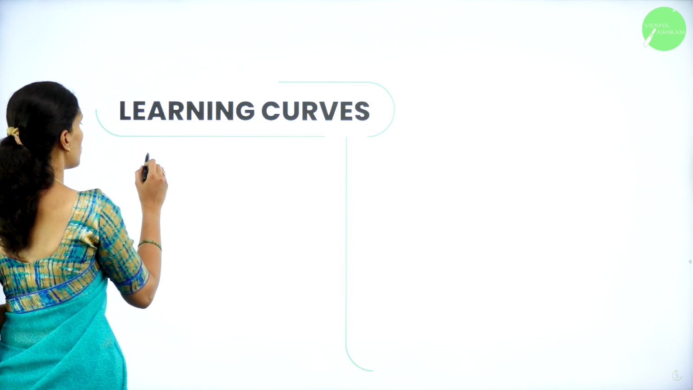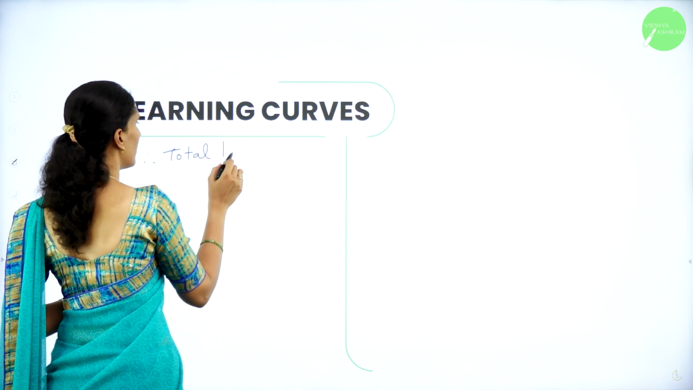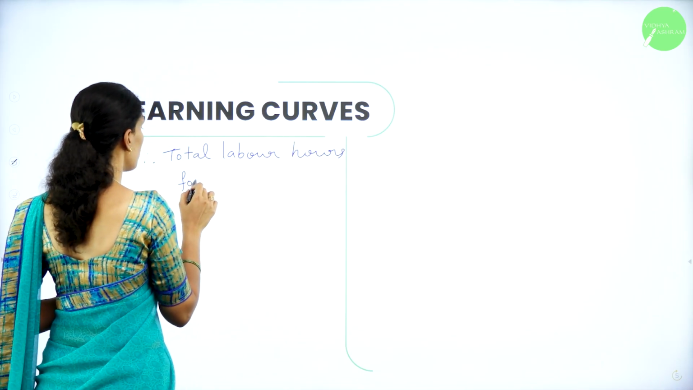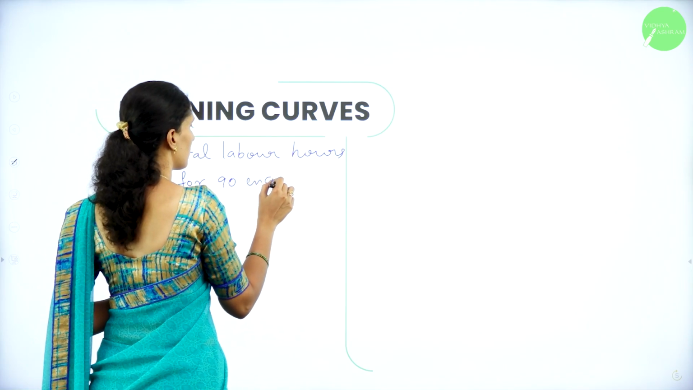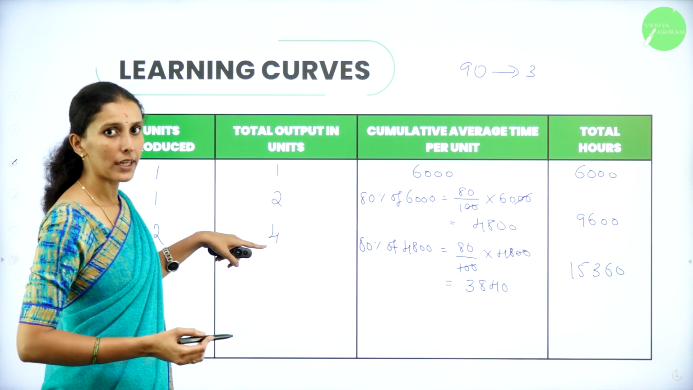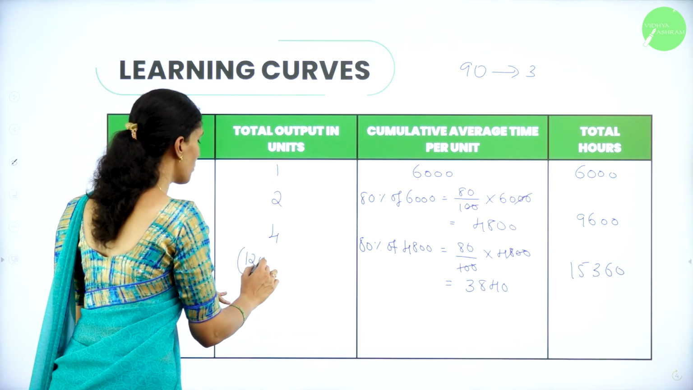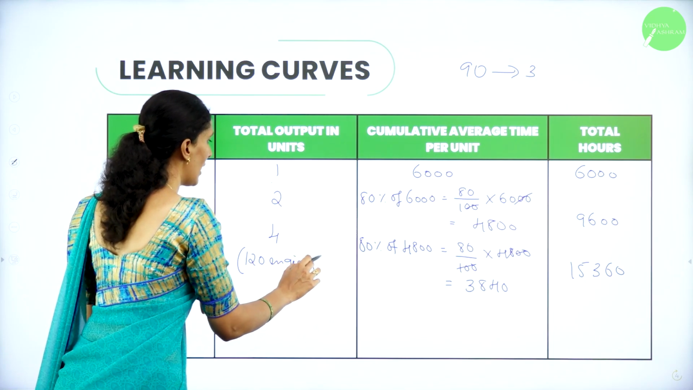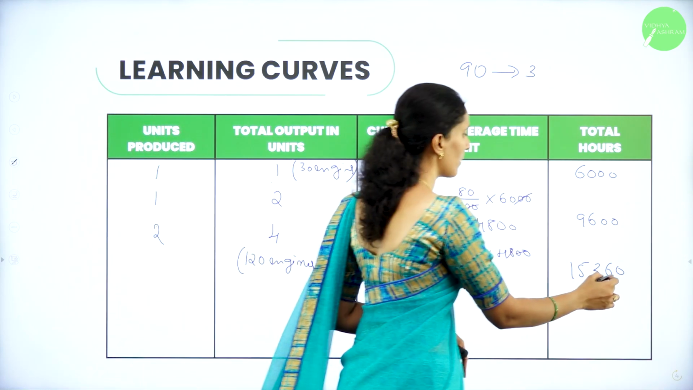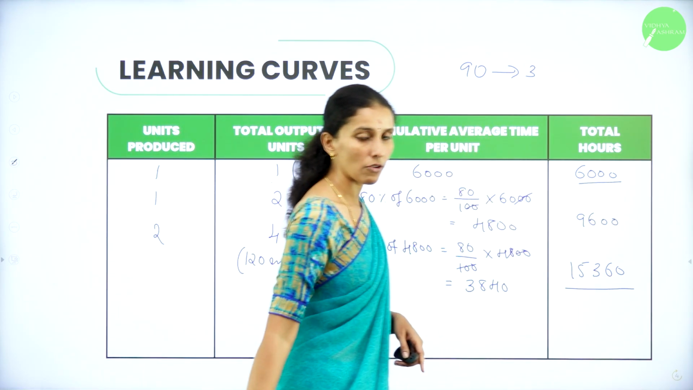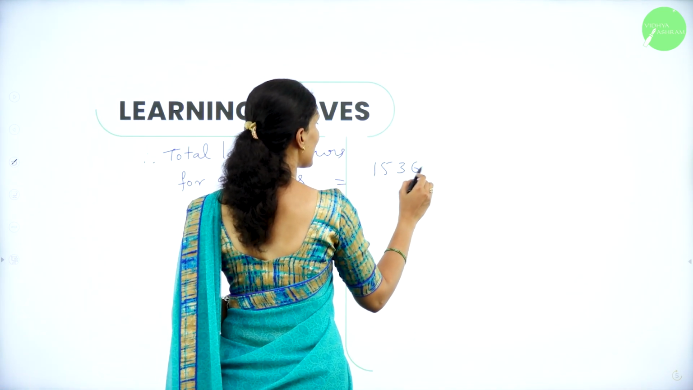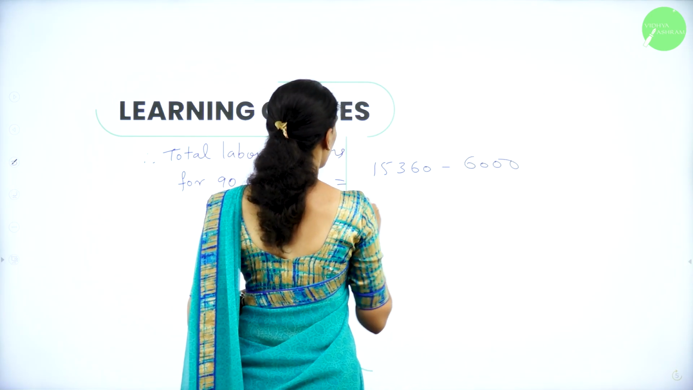So therefore, total labor hours for 90 engines is equal to. So this is what 4 units means. 4 into 30, 120. So this is for 120 engines we have done. Okay. And this is 30 engines. So if I subtract 15,360 with 6,000, I'll get for 90 engines. So therefore this is equal to 15,360 minus 6,000, which is equal to